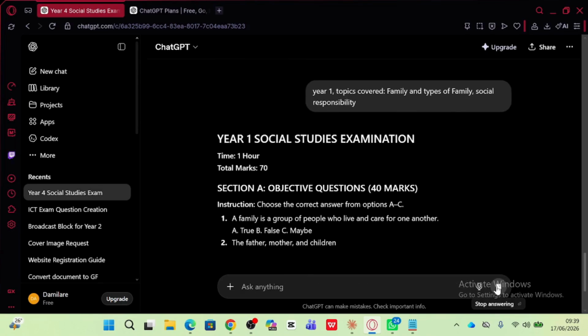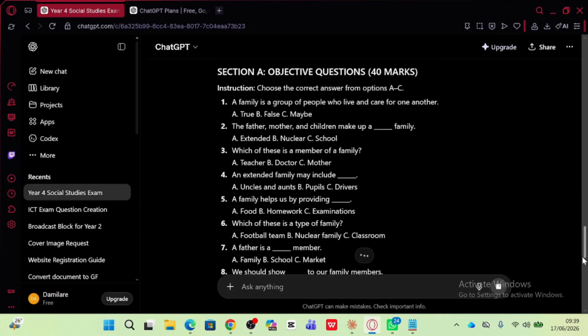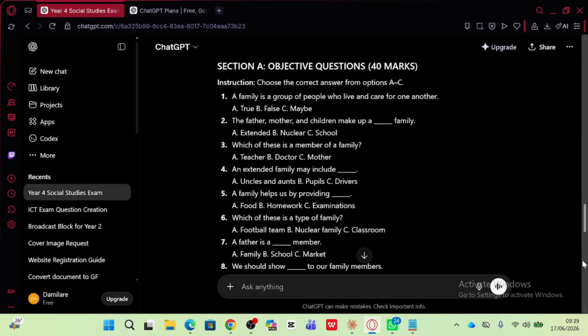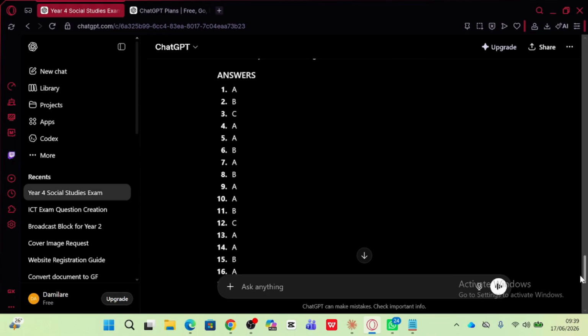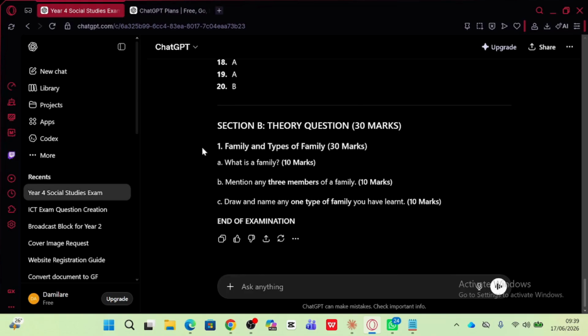So you can see year 1 social studies examination. Can you see? Choose the correct answer, A to C. A family is a group of people who live and care for one another. You can see the answers are also distributed into different options. Then section B, family and types of family. What is a family? Then I can say, okay, year 2,